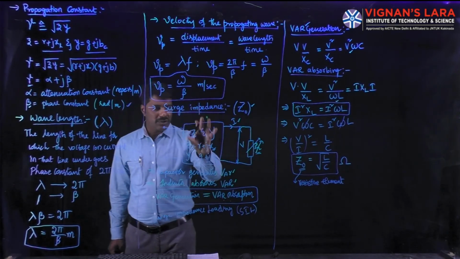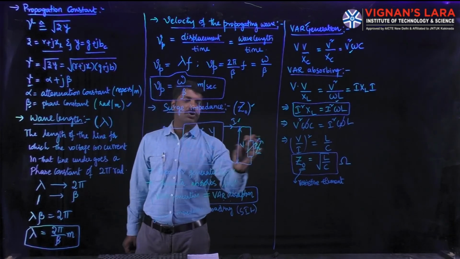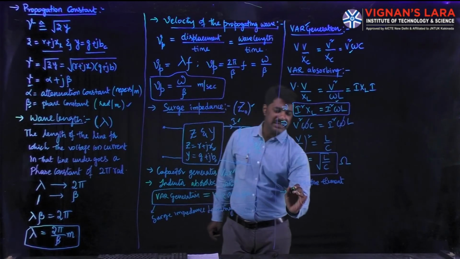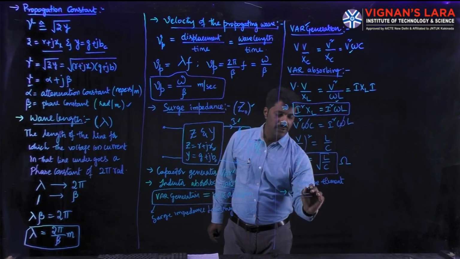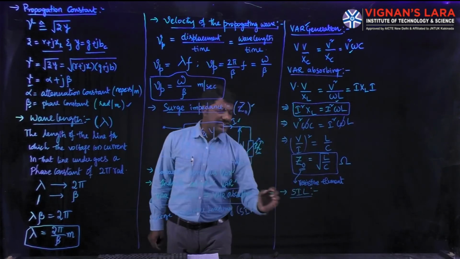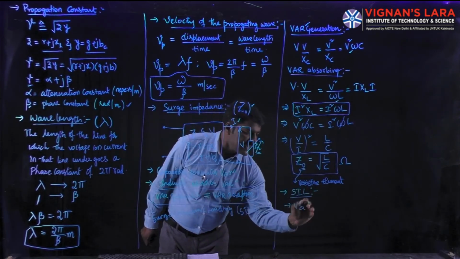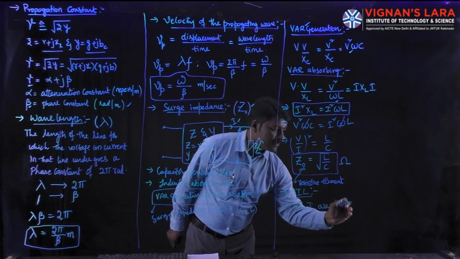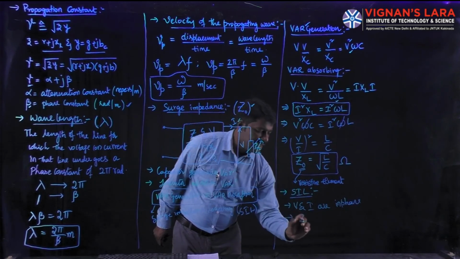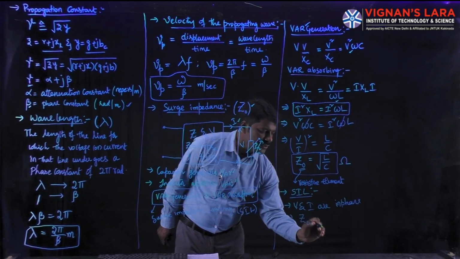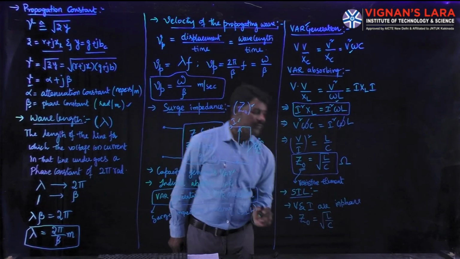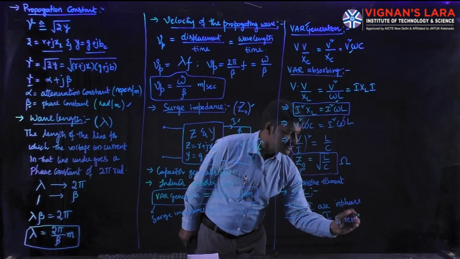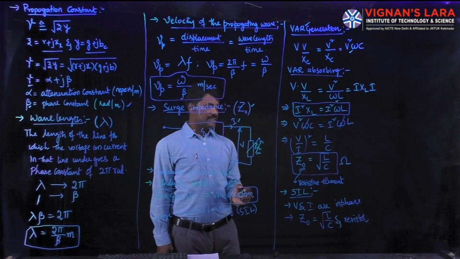So that much amount of load I am placing here is called a resistive load now. Then the features of this transmission line under this SIL, surge impedance loading. Under this surge impedance loading, the features are the voltage and current at any point, both of them are in phase. And the impedance on the load side is called Z0, whose value is equal to root of L by C, and it's a pure resistive network. We can consider it as a resistor whose unit is ohms.